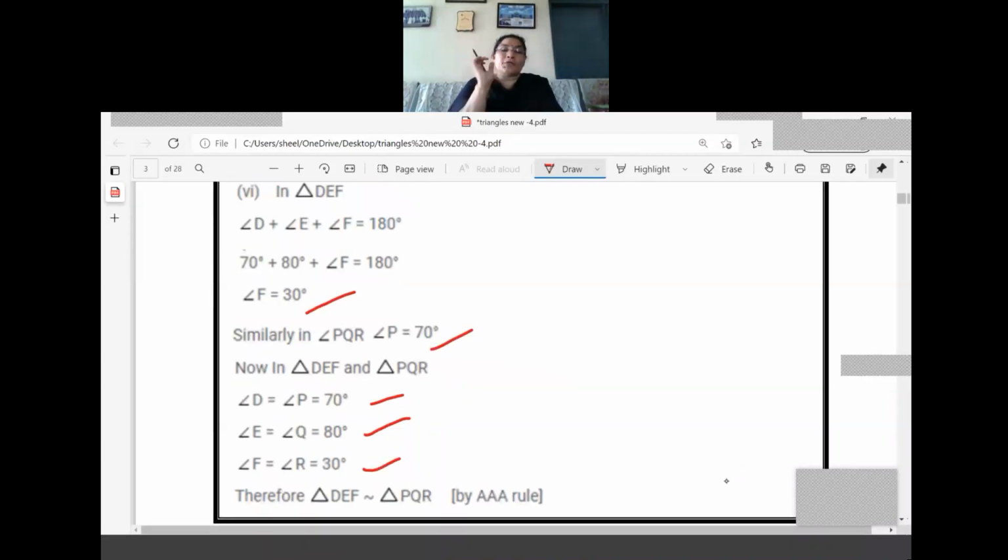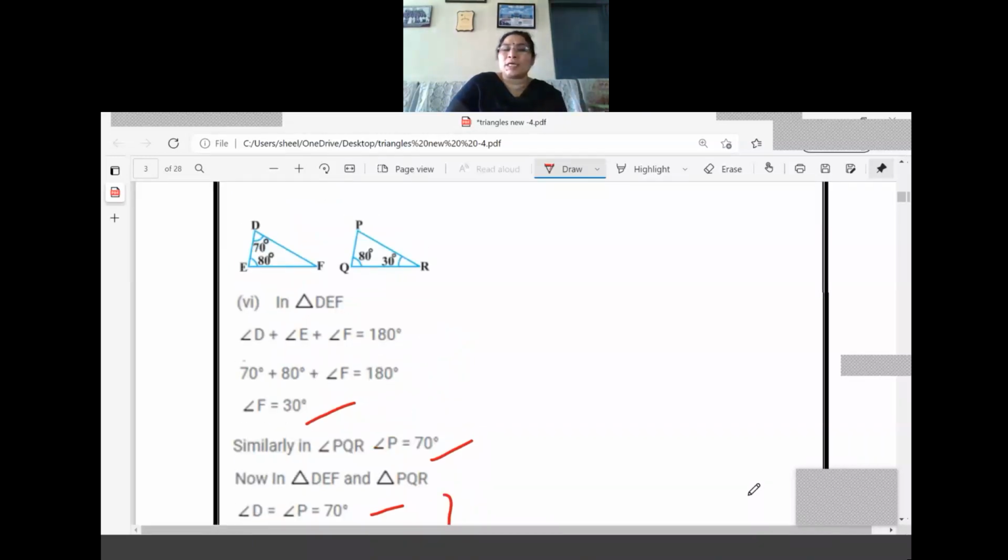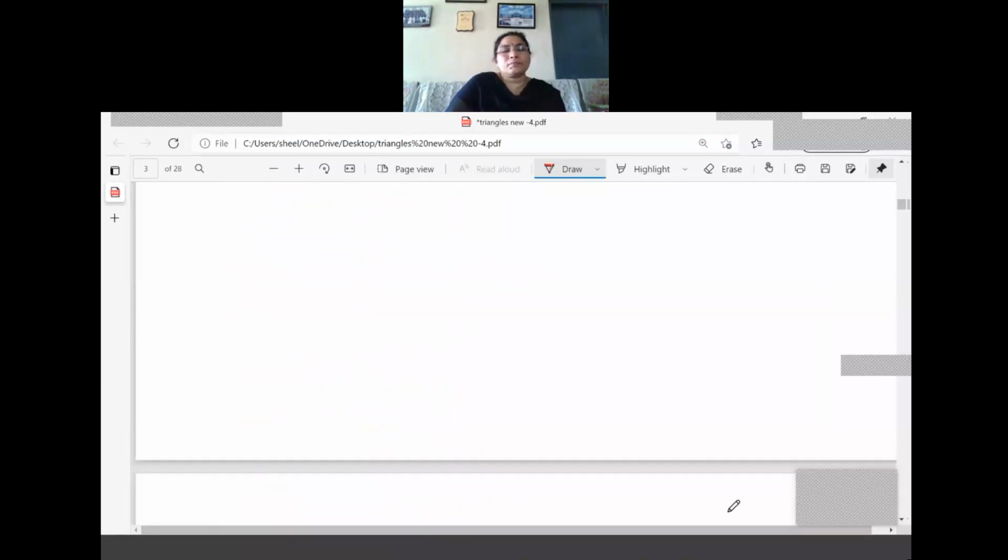If you check this, which are the correct correspondences, they have not given us an unknown angle, different angles only are given. After that we should write it in order, right? So once we have written the order, what is the rule we have applied? DEF is similar to PQR. We got the triple A criteria here, so the AA rule only. It is required here, it is a question to check. So we have to find out the third angle by the angle sum property, and we should check whether they are similar or not. We can write by which criteria? The triple A criteria.